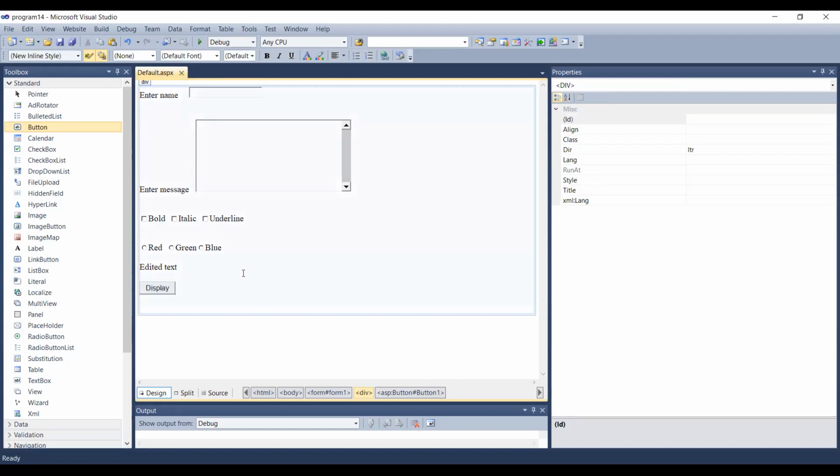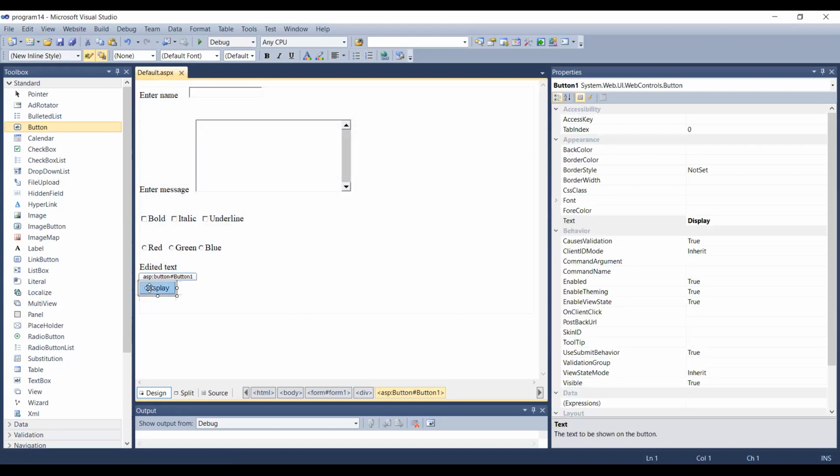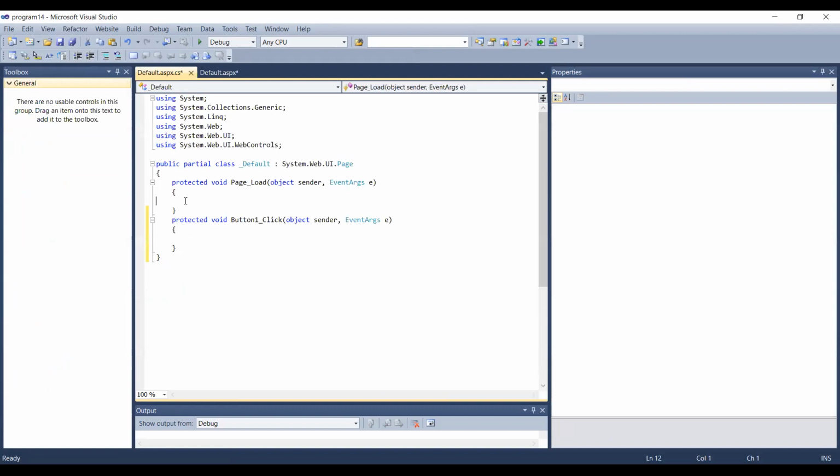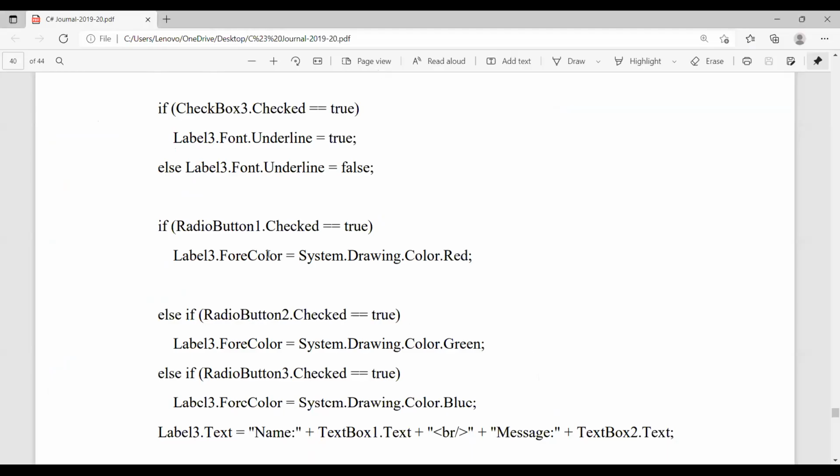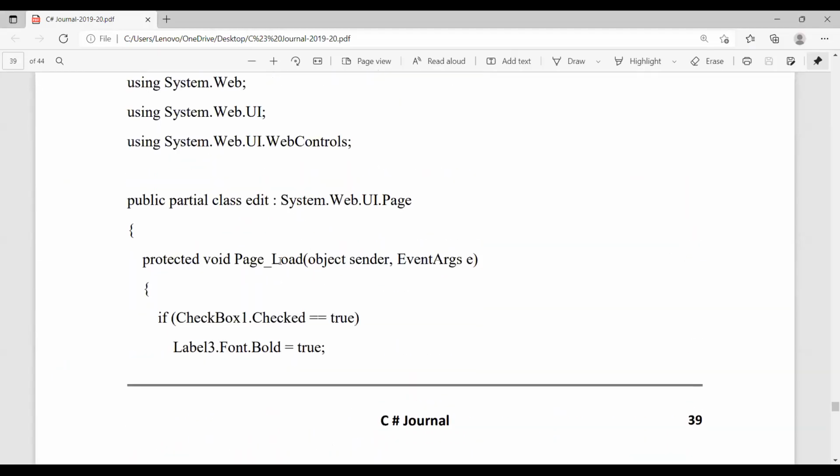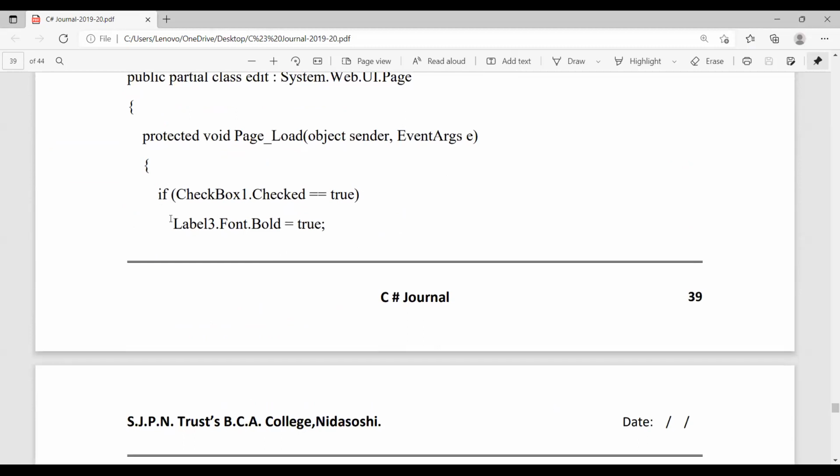Now it's time to generate the code. Clear? So how to generate the code box, students? Now if you see here, I can just double click somewhere, or I can double click on this button. When I double click on this button, you can see that the page load area is visible here. Make a note guys, do not delete anything once it is generated. It is very, very important. So now all this code I have to dump or write inside the page load.